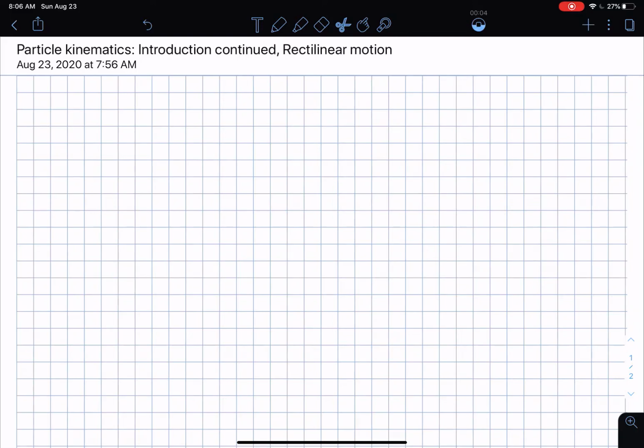We're going to continue from where we left off in the previous concept talk. I'm going to look at the velocity and the acceleration vectors once again, briefly summarize what's going on there, and then we will move on to the idea of rectilinear motion, or motion along a straight line. Okay, so from before,